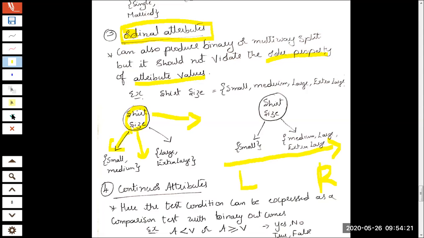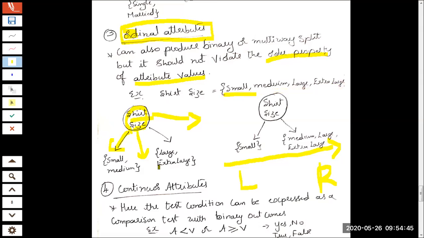If you have not understood, we'll take an example. This was my node, shirt size. This is the ordering: small, medium, large, extra large. You are aware of the ordering, a specific ordering starting from the lowest to the highest. Please note the branches have been ordered accordingly.